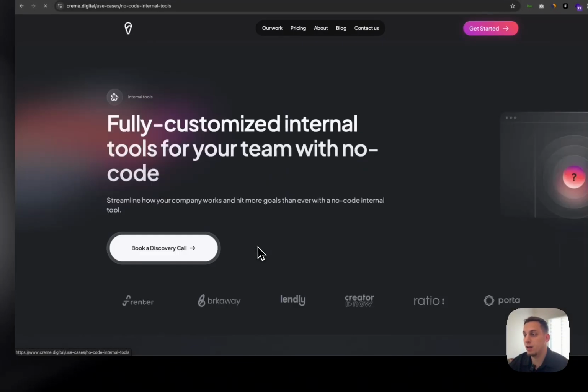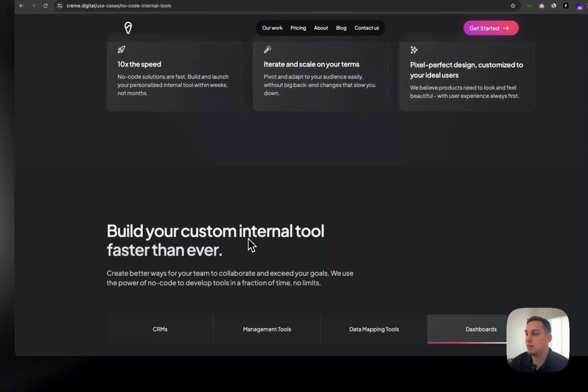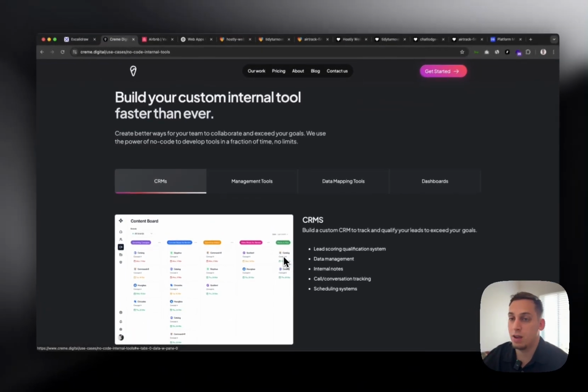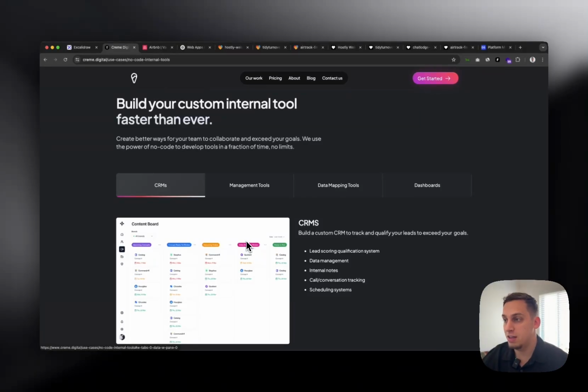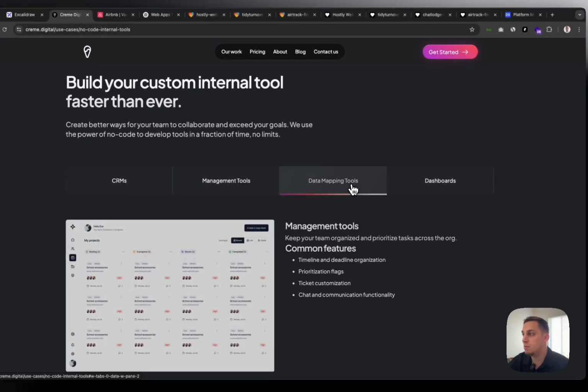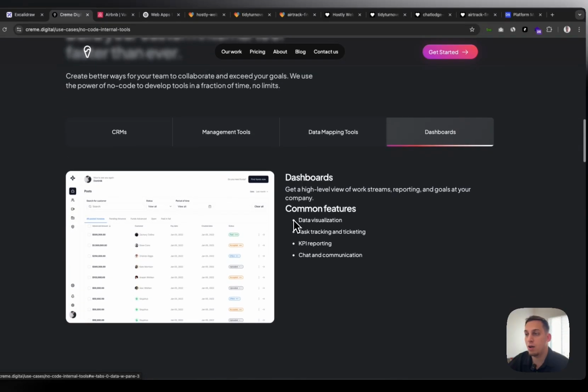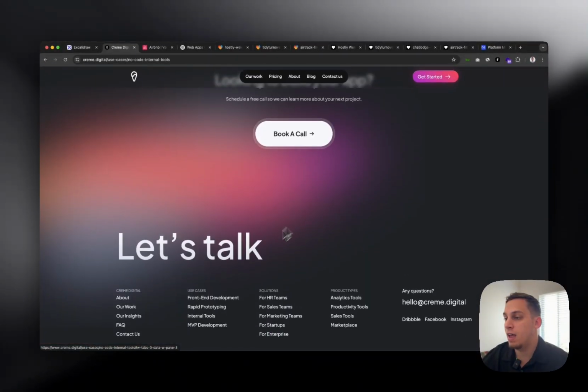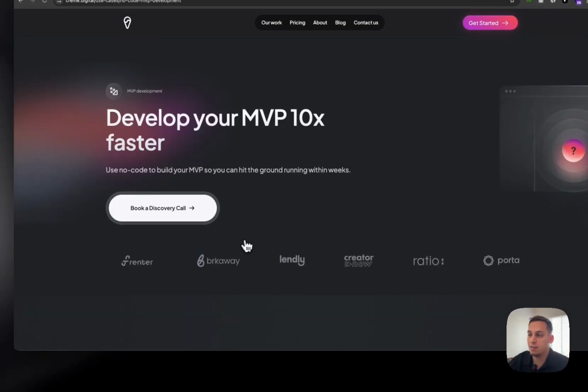Internal tools, if we click on this, you can see that these internal tools mean CRMs, right? So building CRMs for different types of teams, for an HR team or for a sales team, for example, or a marketing team, management tools, data mapping tools, dashboards, right? All of these can be built in Lovable. And MVP development would be, I guess, more for